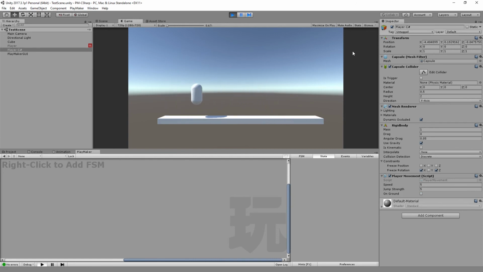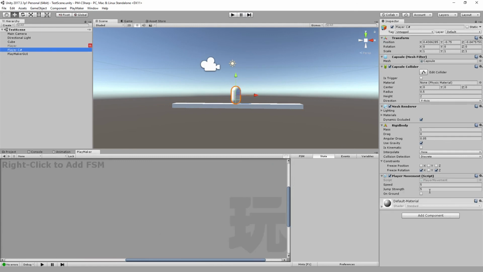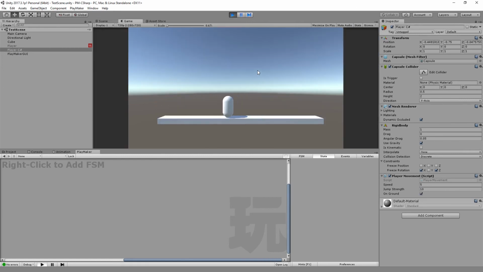As you can see, I can only jump once, and then after the character has landed, I can jump again. And here I'm going to check our jump value. How big is it? Okay, it's 10, so I'm going to change the jump strength to 10. See, we have the exact behavior like our